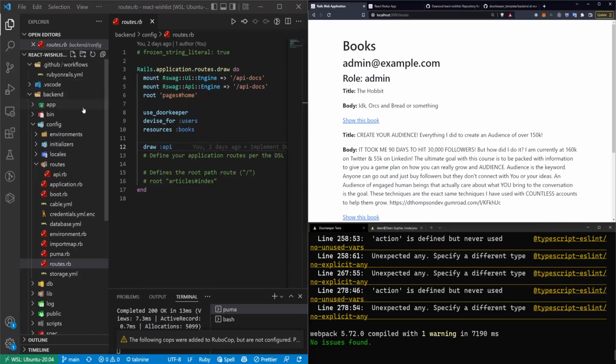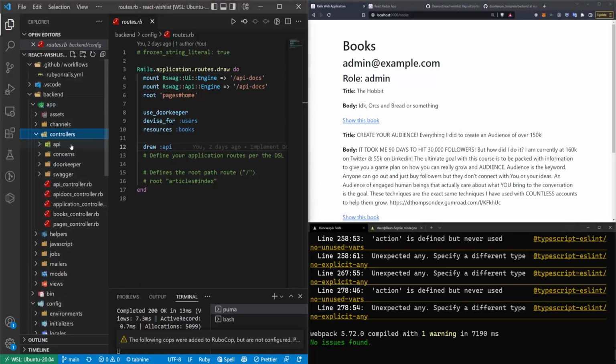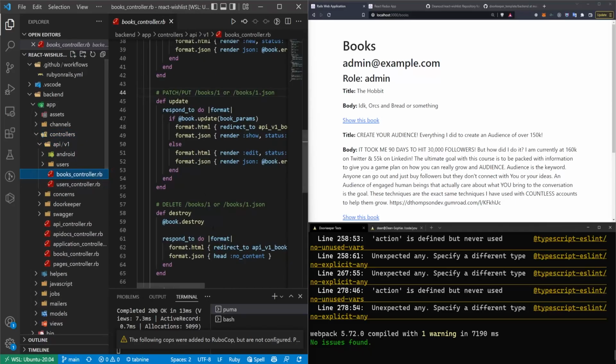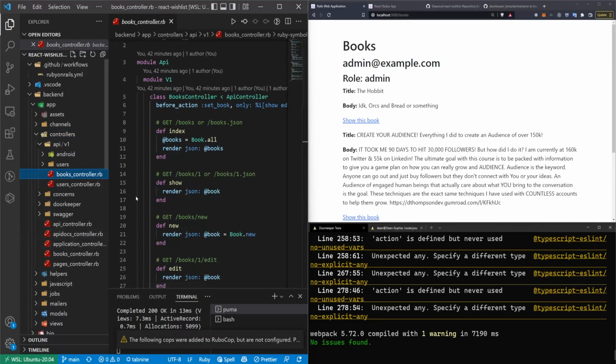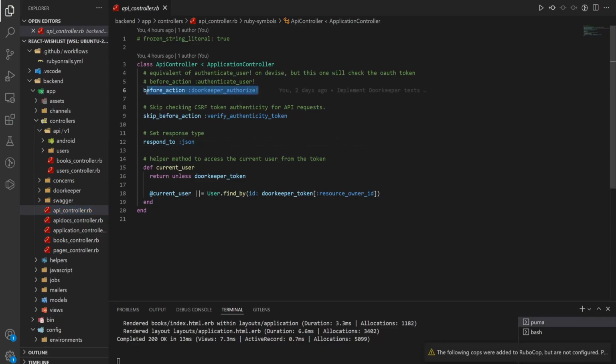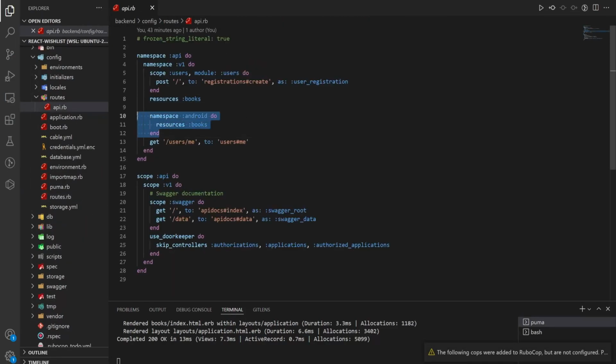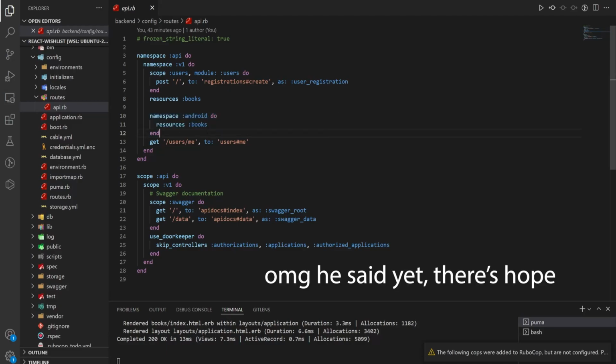And if you wanted, you could have a second controller, which I'll move to real quick, which is under app controllers API books controller, which looks similar to the regular books controller, but it inherits from API controller, which if we look at that, causes you to do a before action Doorkeeper authorize, which is the same thing as current user. If we come back to the routes, we also have a namespace for Android routes, which we're not implementing yet,